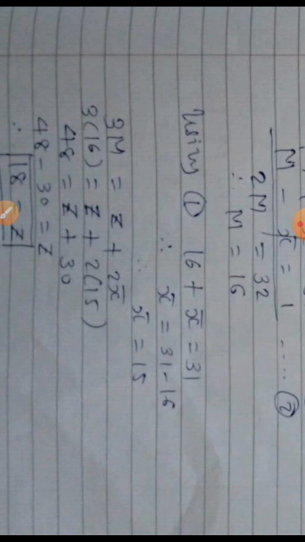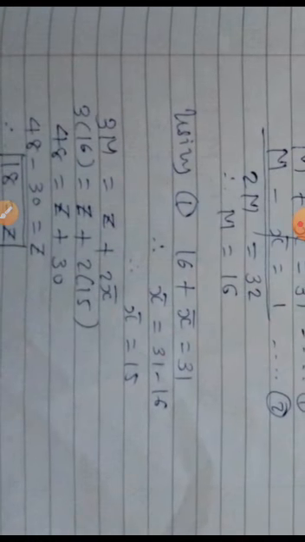The m value we found is 16, z's value is asked, and the x bar value we found is 15. So both are placed just like example number 1. Now two values we already have, so we find the third one. It is a repeat of the process of example 1. So 16 times 3 is 48 equals z plus 15 times 2, which is 30. So 30 is shifted to the left side and becomes minus: 48 minus 30. So it becomes